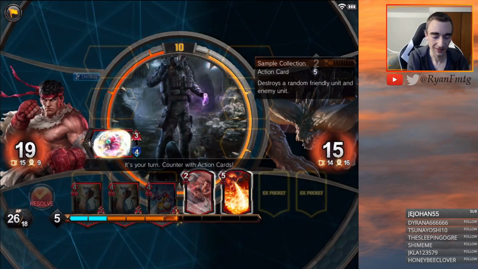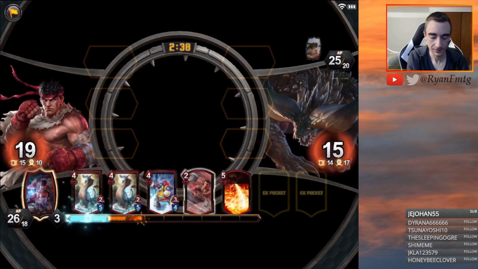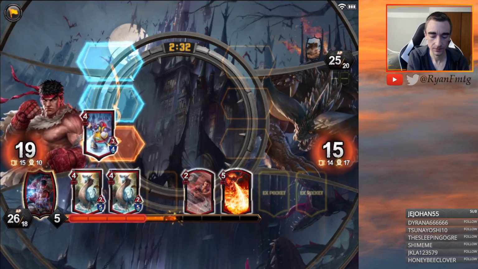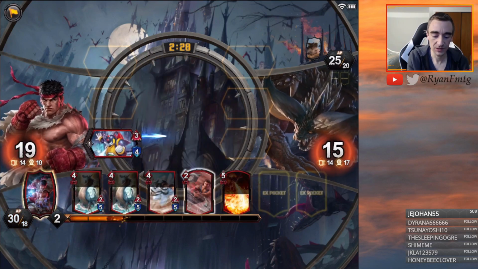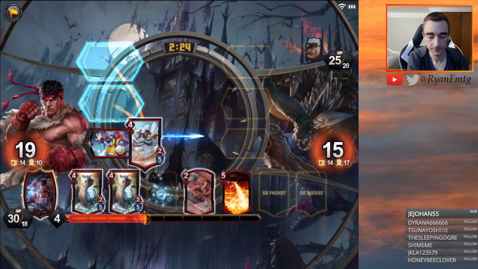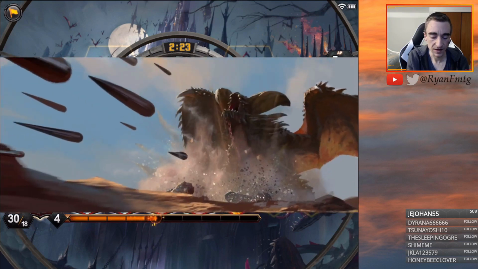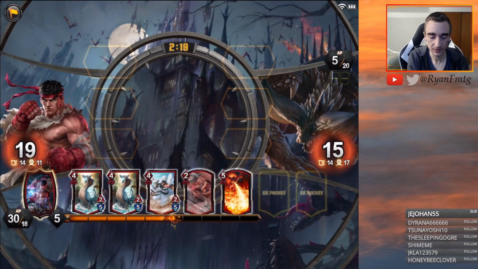Okay. Pretty good. We do kind of want to wait a little bit to do this. I wish we would draw a 3-drop, but we do have a lot of 4-drops. We're kind of flooded with them. I guess if we dropped the Rashid there, we could get a shield, but then Rashid would have died. So...